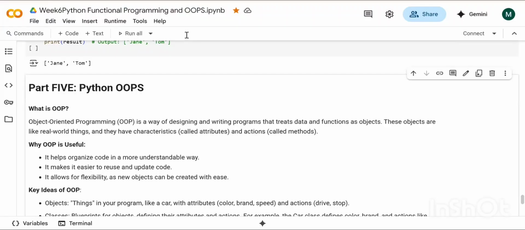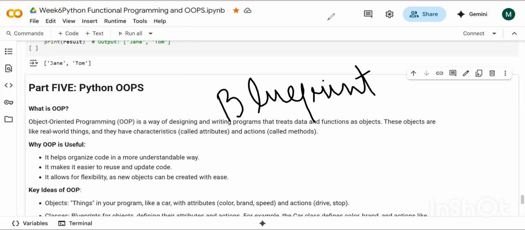So instead of making it messy and inefficient, OOPs will help you to create a blueprint.